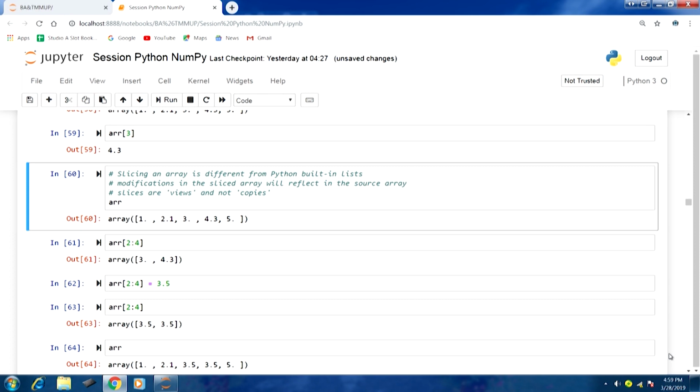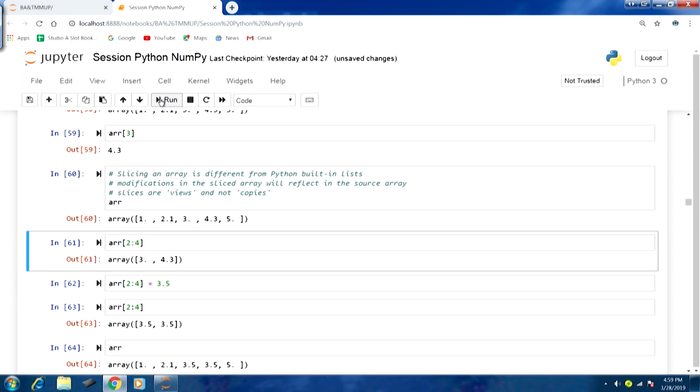Let us take an example, let us take ARR, this array, a 1D array here. You can recall the syntax to perform the slicing. So, array, and within brackets we are indicating 2 colon 4. Starting from index number 2 to index number 4, that means element number 3 to element number 5.